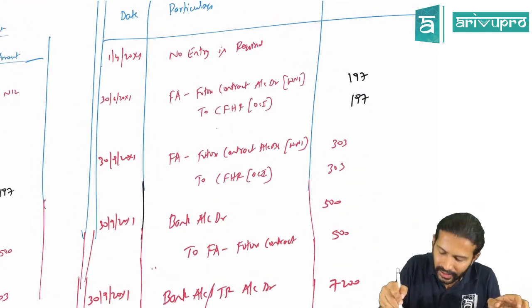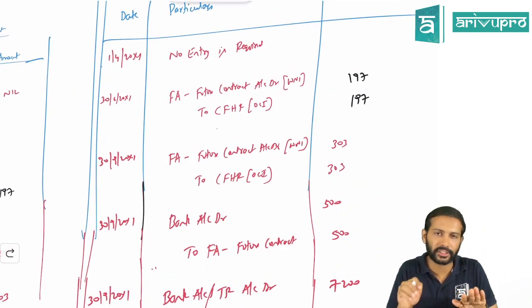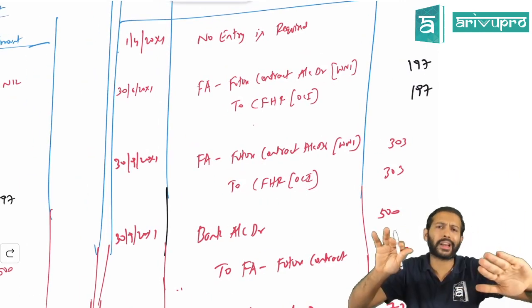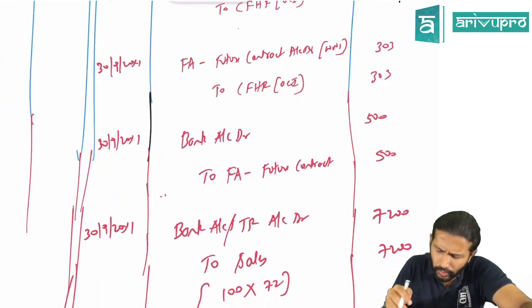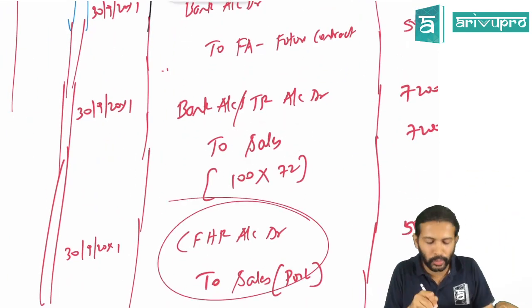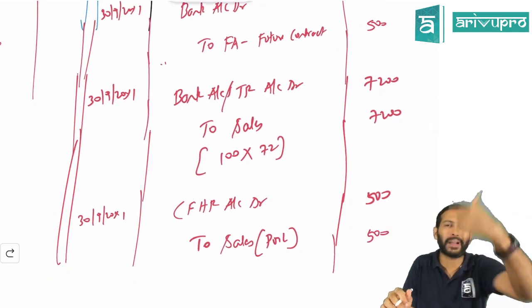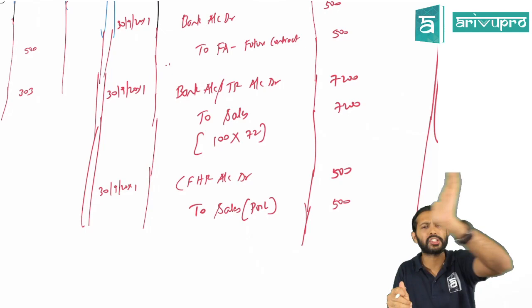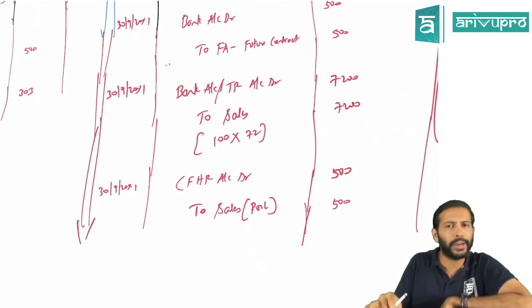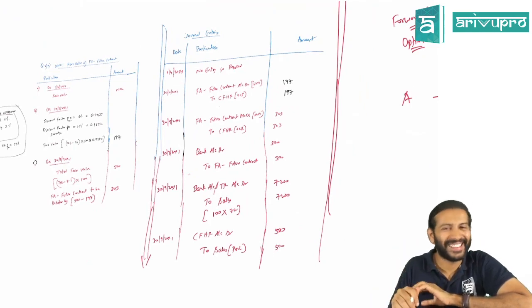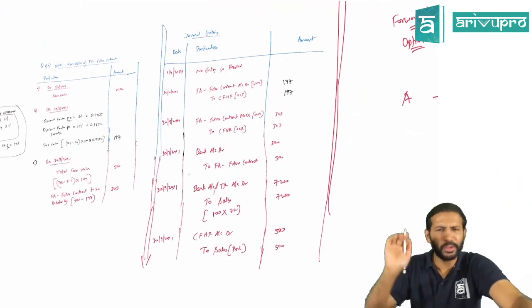That's the reason till 30th September, till the contract ends, we book it in OCI, that is cash flow hedge reserve. Once the contract ends, you have also booked this income in P&L, so cash flow hedge reserve will also be transferred to P&L. This is an extension of the matching concept. That's the reason we say at the end of the contract term, cash flow hedge reserve will be transferred to P&L. This is the funda of this question. Easy, but you need to be a little aware of this.